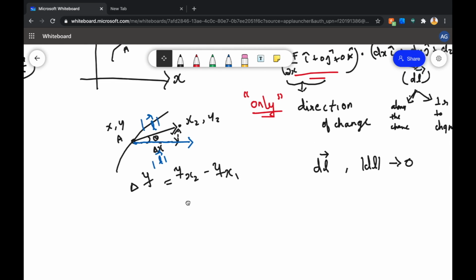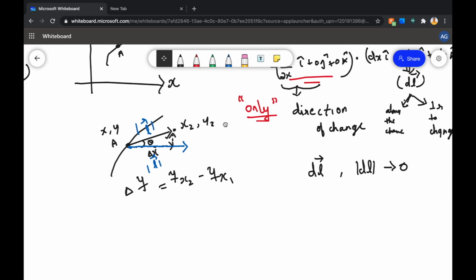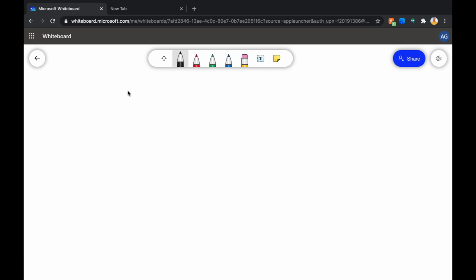Now that's it. So I needed you to understand that grad f is the only change in a vector at point x0, y0, z0, and when you move along that change, you get the maximum change in the function. As simple as that. So to clear things up, I would want you to analyze the same thing that I did over here in a 2D curve, I mean, sorry, in a 3D curve.